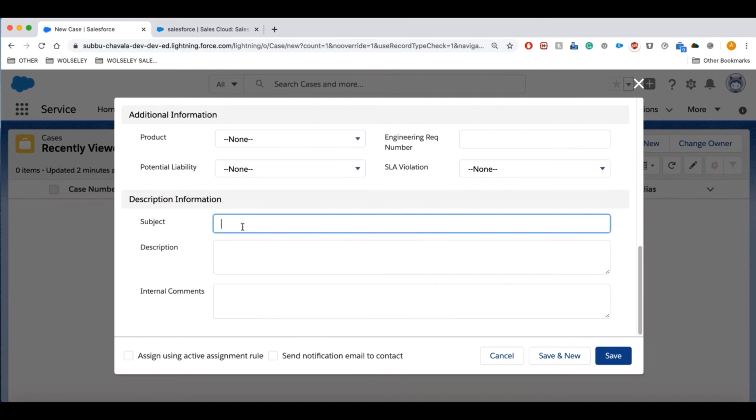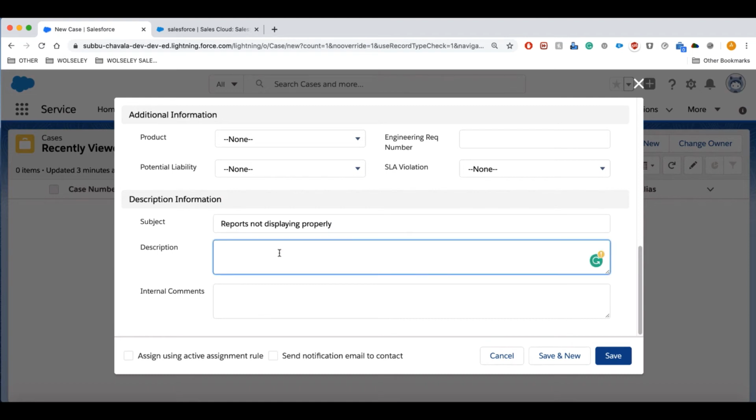Next, subject. Type the name of the subject. I'm going to type something like, reports not displaying properly. Or sometimes we get a case like replace this user with this user. I think sometimes the managers leave the company or move to a different department, so they assign a different manager to this particular role. At that time, as admin or developer, we are responsible for creating a new user assigned to a particular role.